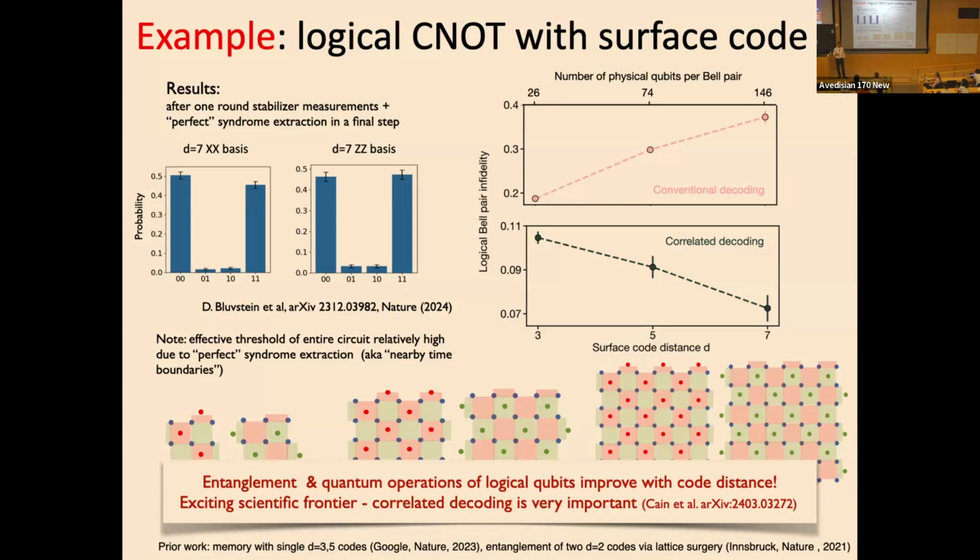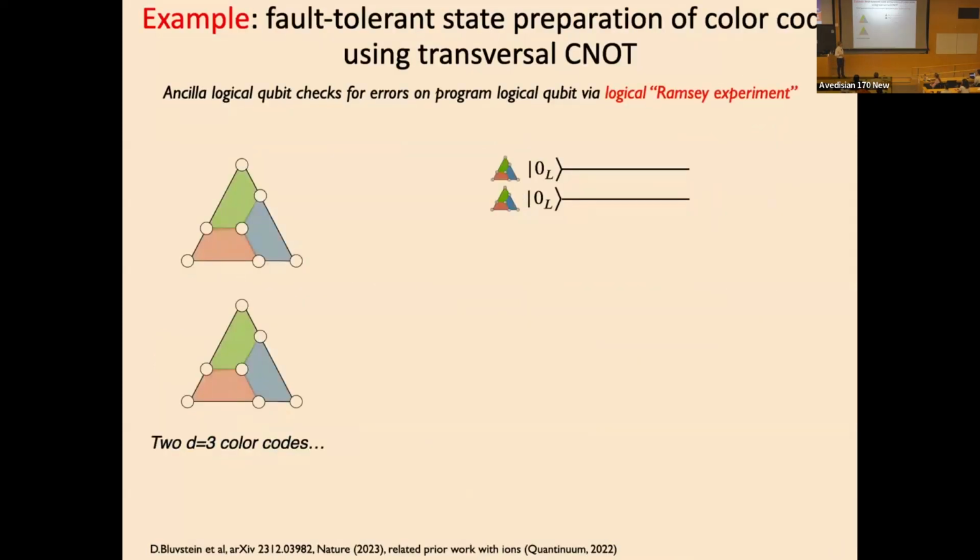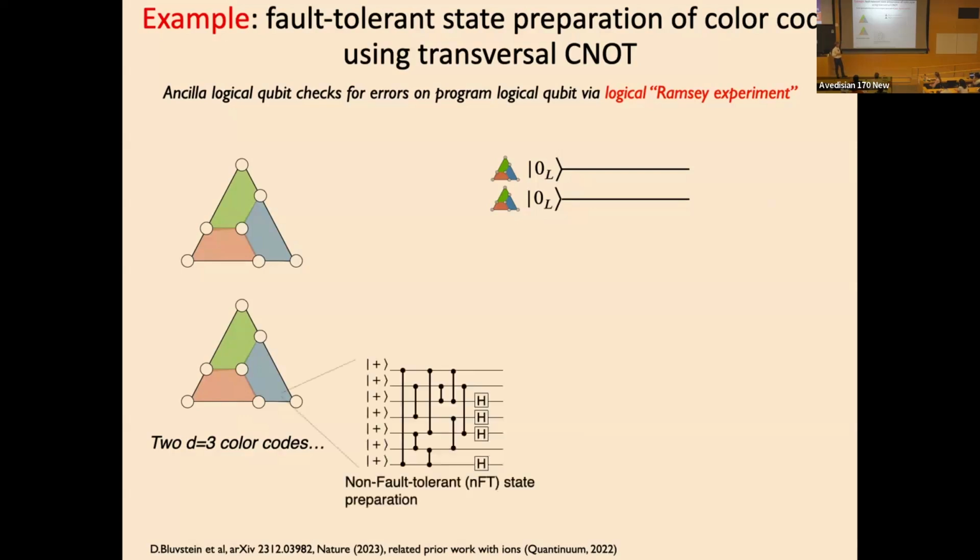Okay, so let me go on. Let me proceed a little bit. This surface code is just one type of approach. One can also use different types of codes. For example, the color code is another popular code. With the color codes, we have done something called scheme error correction, where you can prepare states fault tolerantly by first creating some entangled state non-fault tolerantly, but using